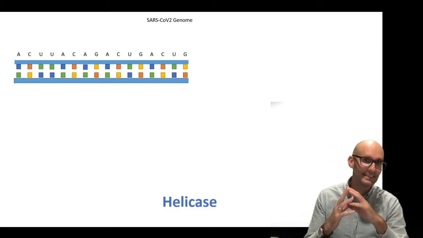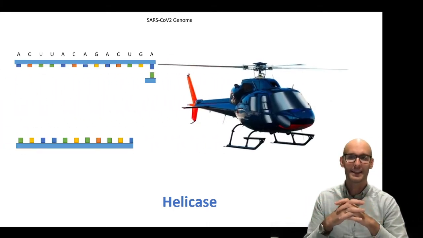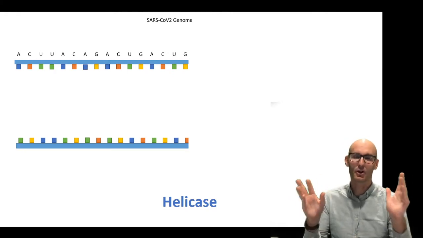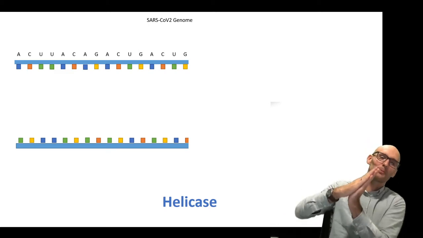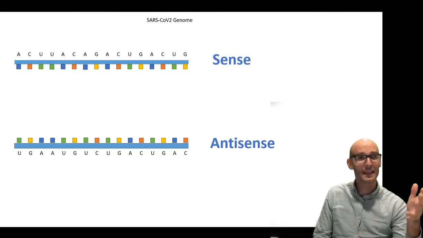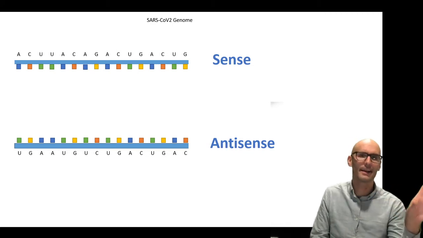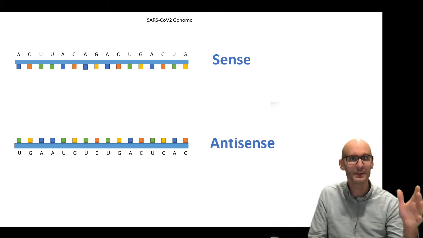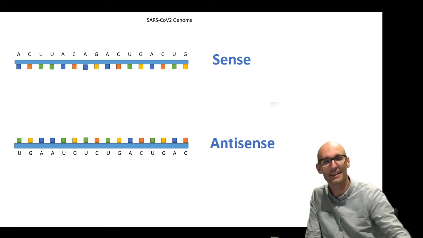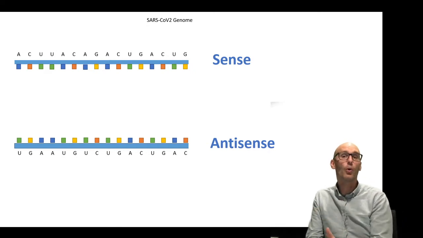Now, there's nothing we can do with a double-stranded RNA molecule, so what we need to do is chop that in two, and that's where helicase comes in. So the rotor blades of helicase, which is actually a protein, it does not contain rotor blades, it chops the double-stranded RNA into two single strands. Remember, one is called the sense strand, and the other one's called the antisense strand. Now, it's no good creating a whole bunch of antisense strand. It doesn't code the proteins, and it's not the genome of the virus. There is almost no point in having it. It's basically useless, except for the one thing that it does, which is it provides a template